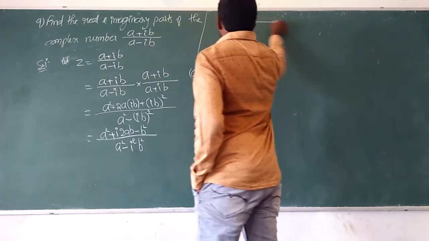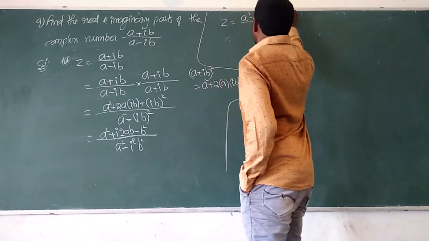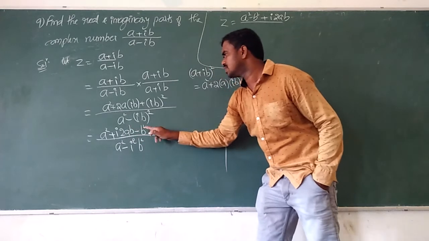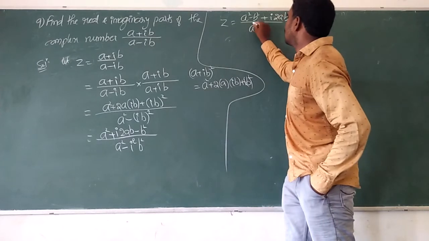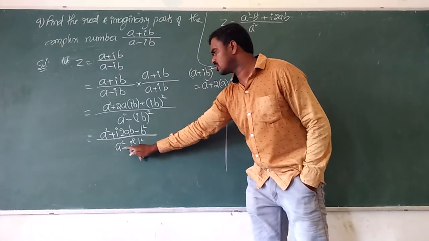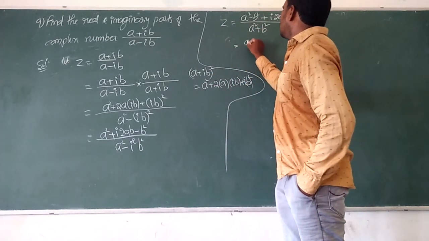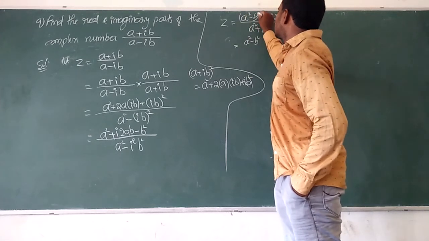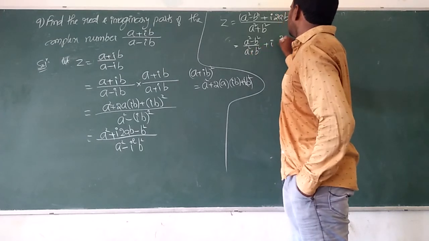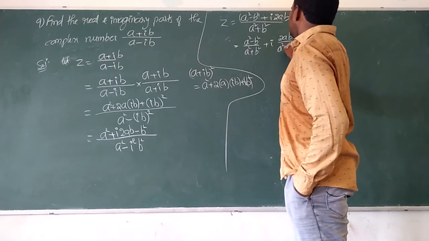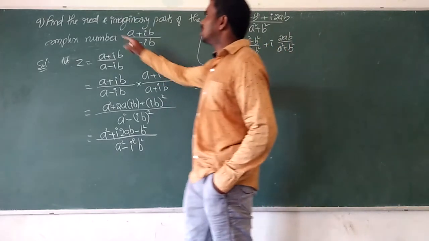So z equal to a square minus b square plus i into 2ab, that only I wrote. A square minus b square plus i into 2ab by a square. See, i square value is minus 1. Minus into minus plus b square, it becomes plus b square. So which is equal to a square minus b square. We can separate: a square minus b square by a square plus b square plus i into 2ab by a square plus b square. So almost we have reached, but finally the conclusion we should write,